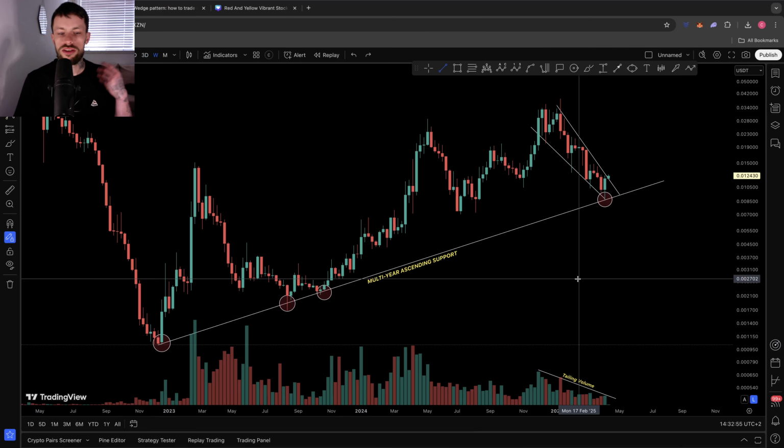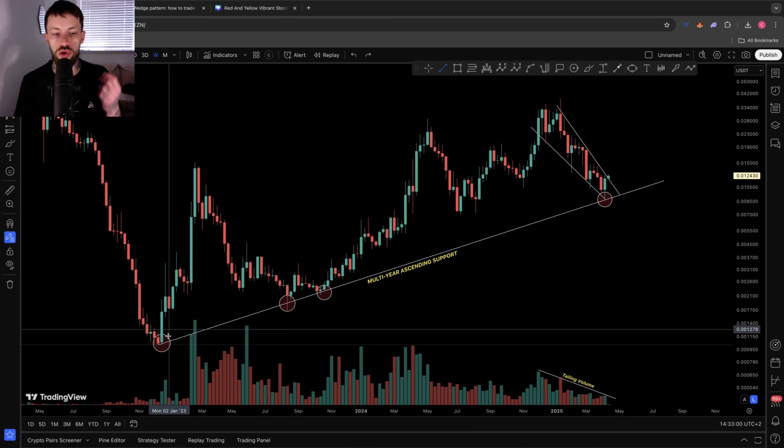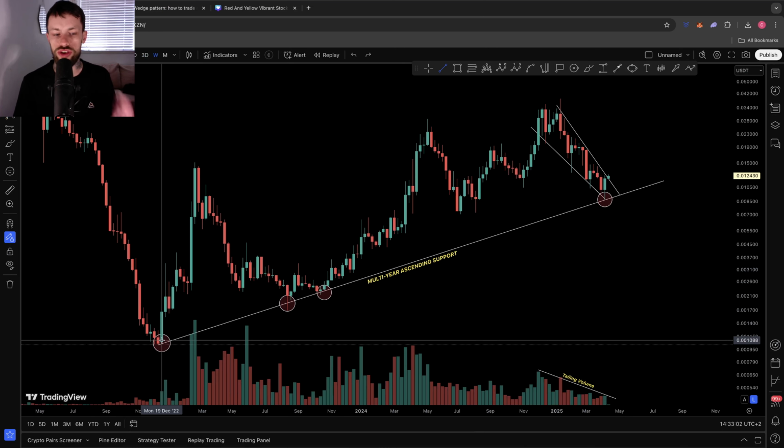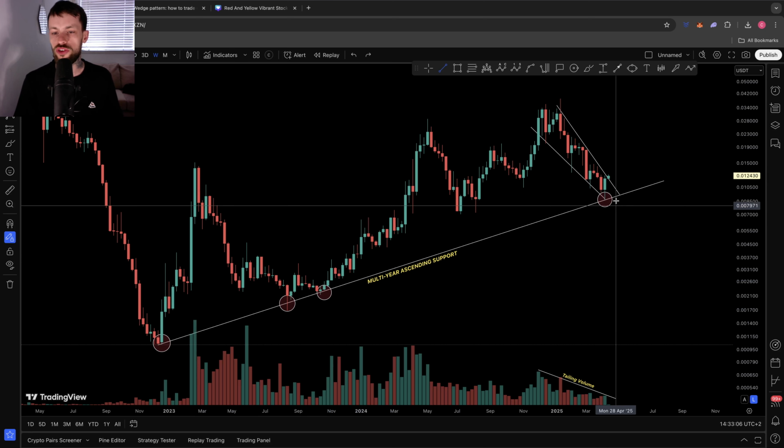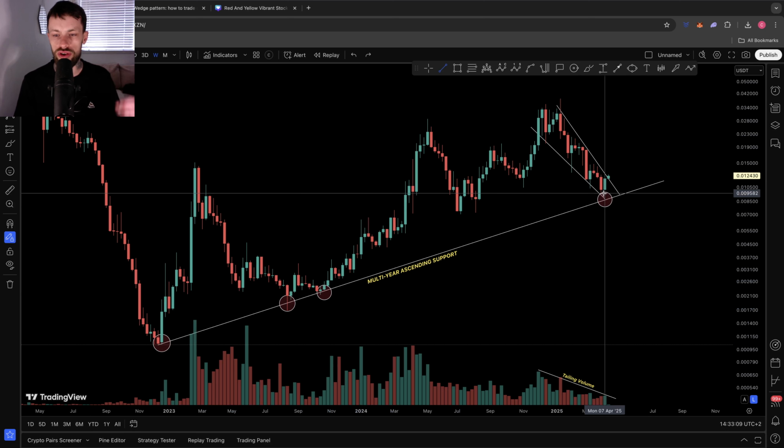Let's dive into the content. So coming over to the weekly time frame here, I have multi-year ascending support, which was created in 2022, and we've had 1, 2, 3, and as of last week, we've created a 4th point of contact on this support